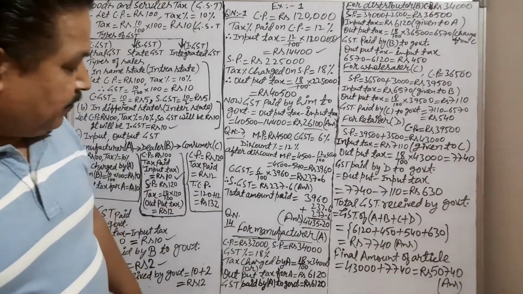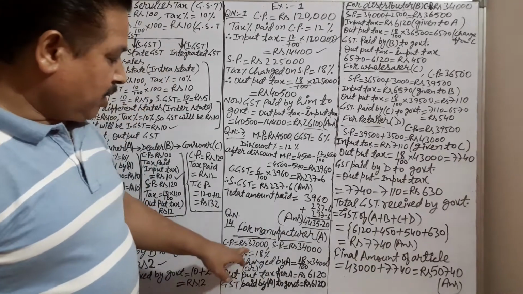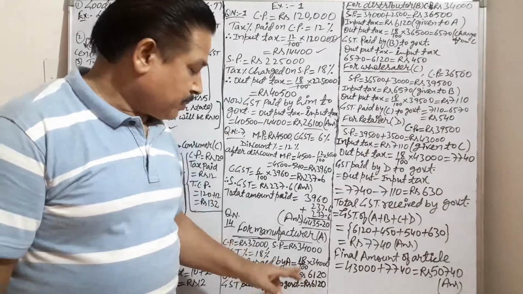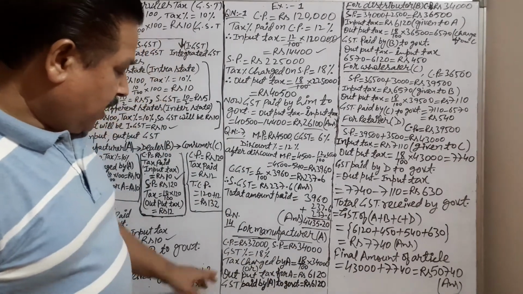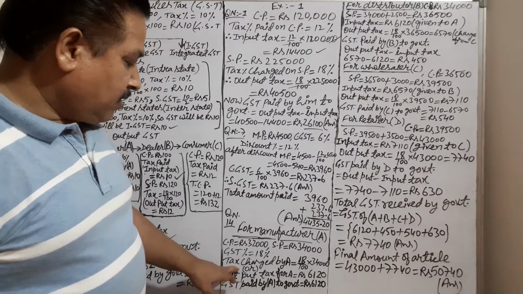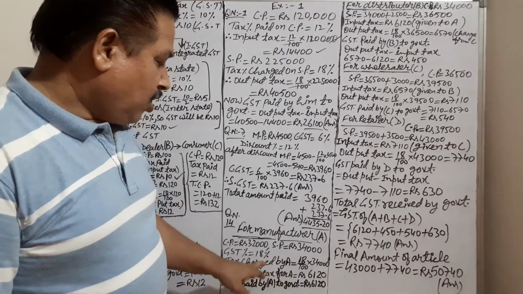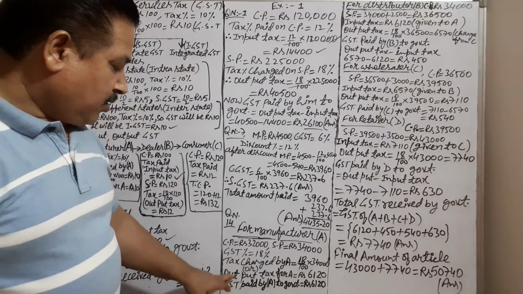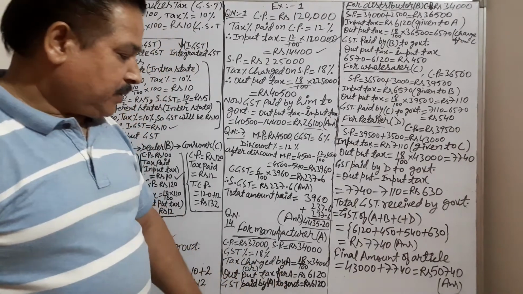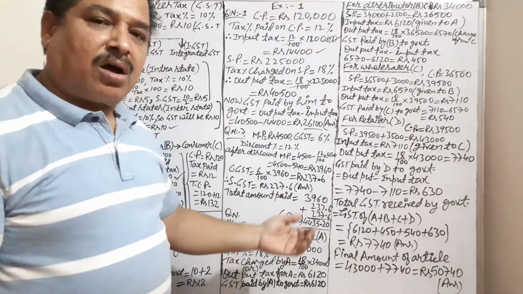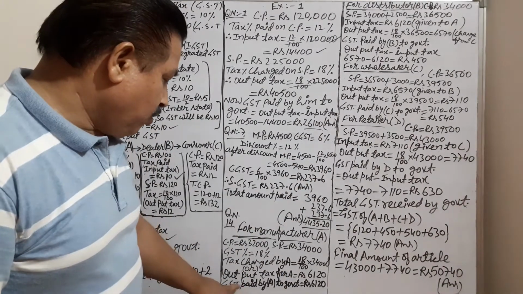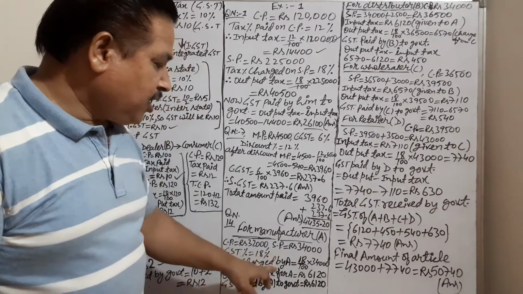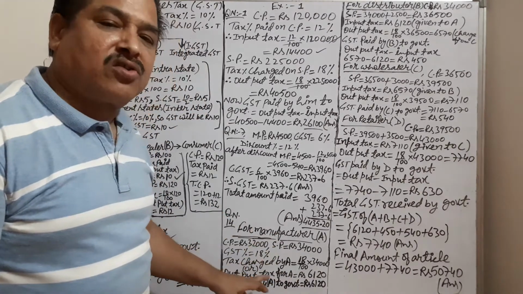Now the 14th question. Selling chain question. The first person is a manufacturer. The manufacturer's cost price is 32,000 and the selling price is 2,000 more, that is 34,000. And GST is 18%. So the tax charged by A: how much tax is charged? 18% of 34,000. And the tax charged is always called output tax. So output tax is 6120.